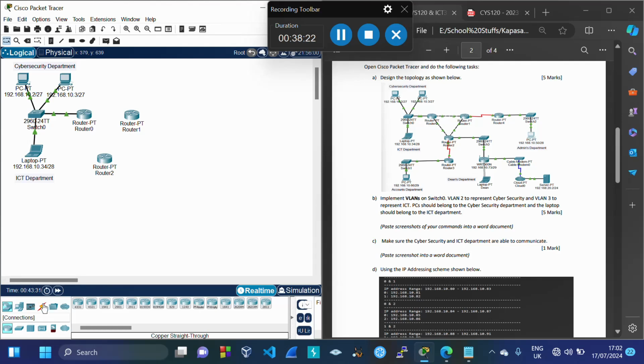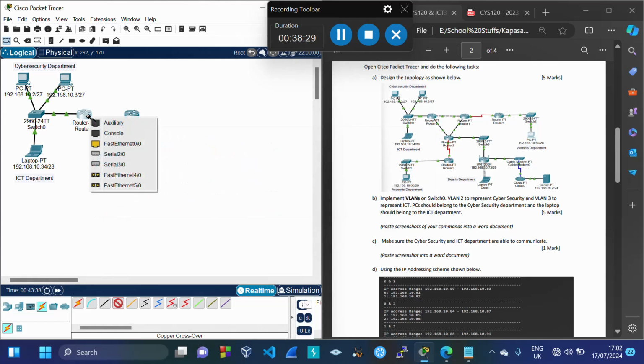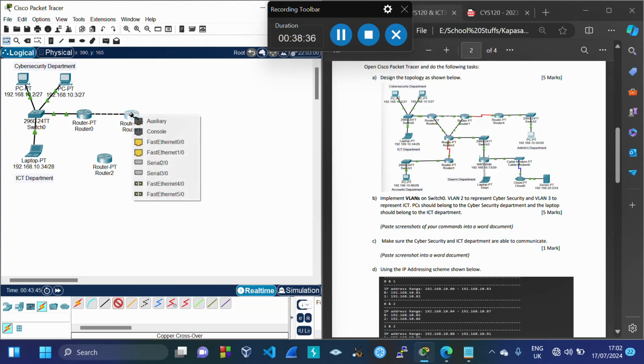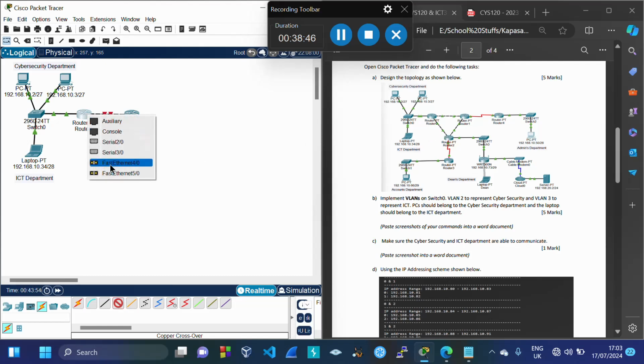So under connections, we use copper crossover to connect same devices. So same devices such as routers, we use this cable. So I'll go for Ethernet 0/0. Even here I'll go for FastEthernet 0/0 to make them unique. Then if I want to connect like this, we will realize that using a PT router you cannot connect on